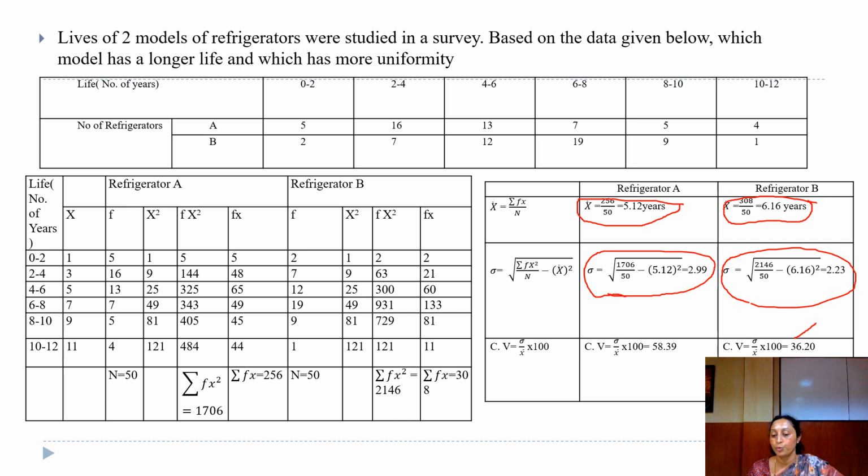Then compute the coefficient of variation by using the formula standard deviation divided by x bar multiplied by 100. So we get the coefficient of variation as 58.39% for refrigerator A, and the coefficient of variation for refrigerator B is